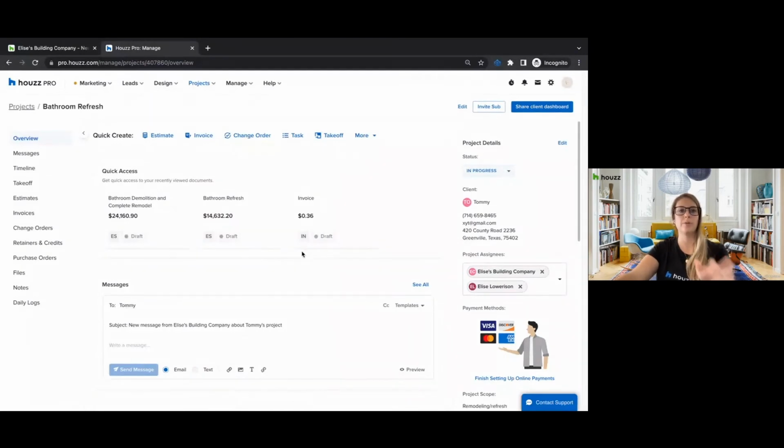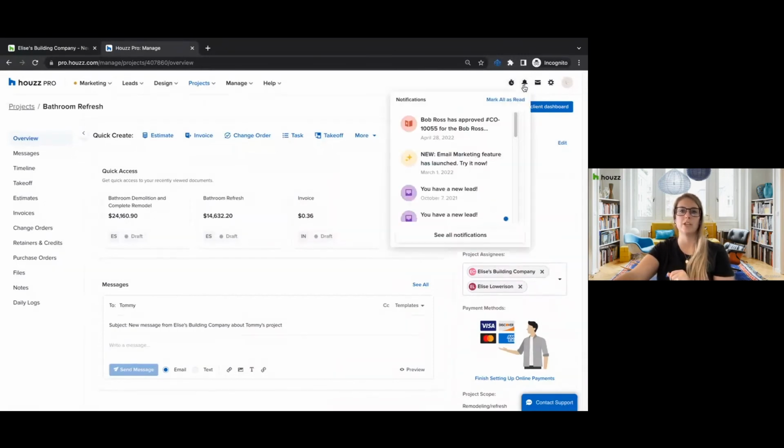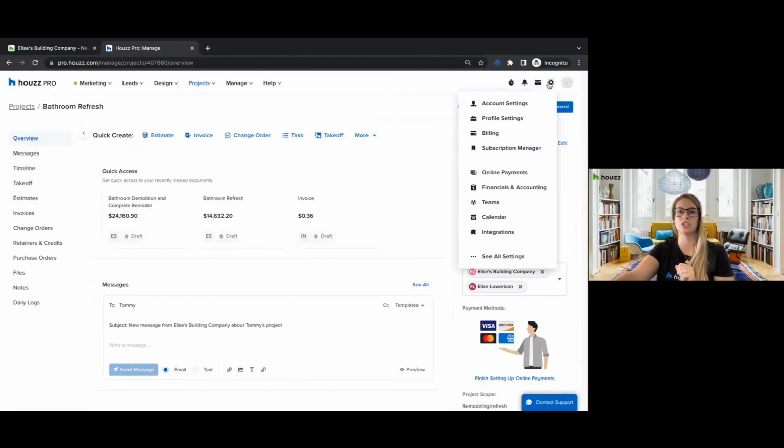Now, I know there are probably questions about, well, what if I don't want my team member to have full access to Houzz Pro? We've thought of that too. If you go over in the top right, you'll see a bunch of little icons here. We've got a stopwatch feature for tracking time, your little notifications bell, any messages through the little mail icon, but then our settings are going to show different areas of Houzz Pro settings. So accounts, profile settings, billing, looking at your subscription for Houzz Pro, but where I'm going to navigate to is